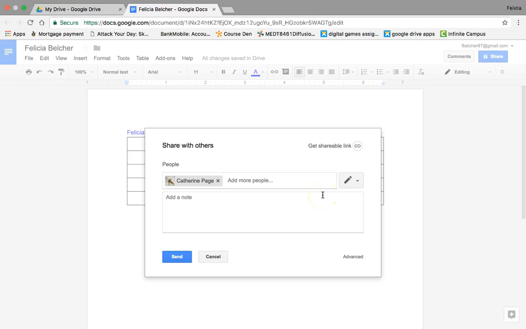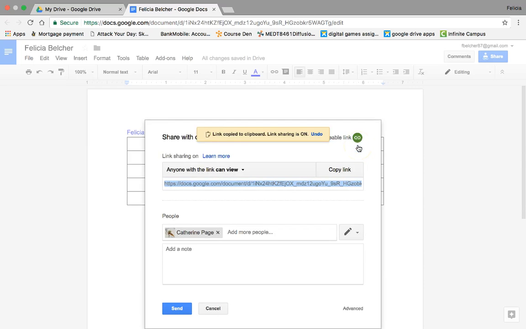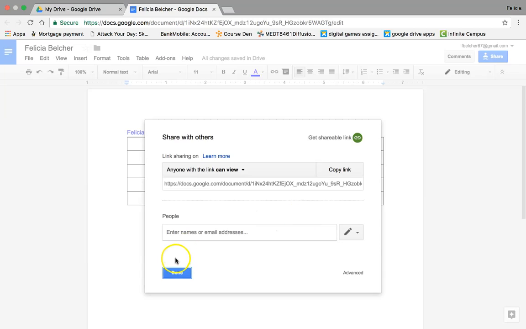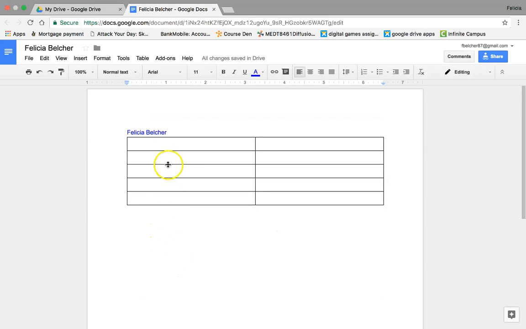And so once you do that, you can either send the document right here by clicking send, or you can get a shareable link. And this link is also nice because you can just send this link out via email, or you can embed this link anywhere on a website, on a mass email or whatever, and people are able to access the link and they will come straight to your Google Drive, and you would just click send or embed that link. Okay. So that's pretty much how Google Docs work. Like I said,